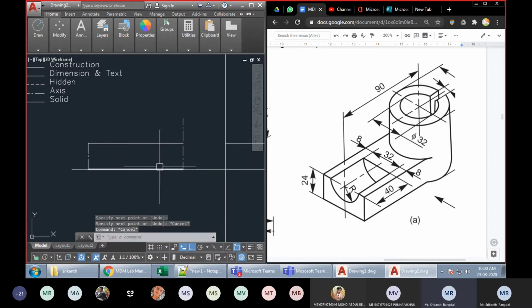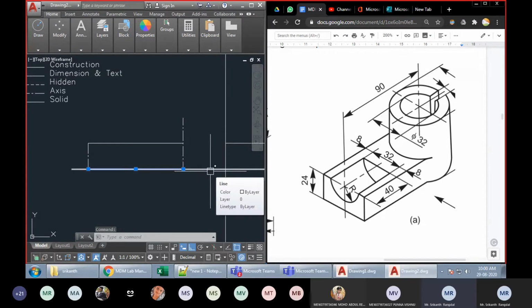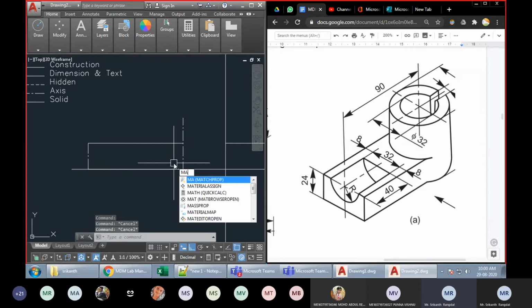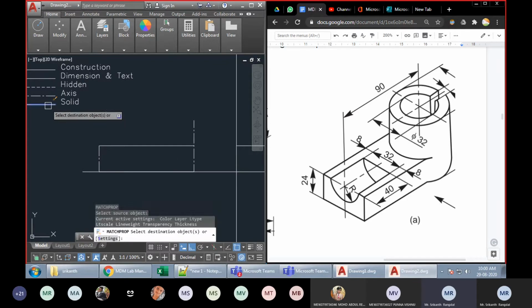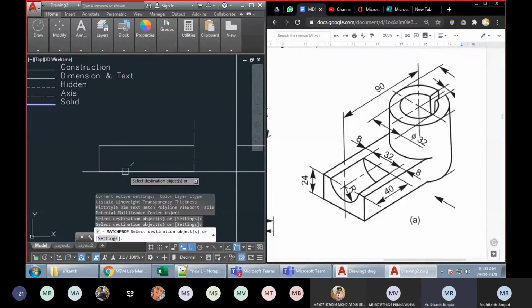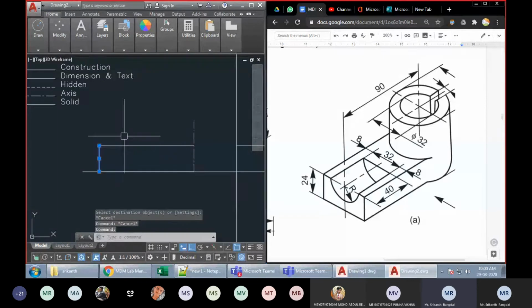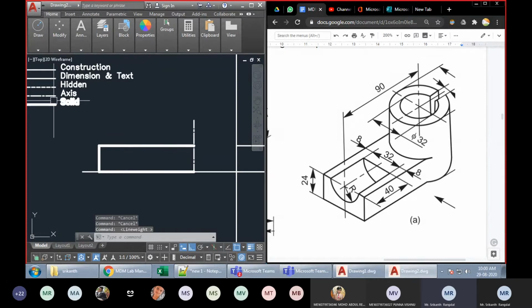Of course, it will be overlapping. You may be wondering why I'm drawing an overlapping line, because it is not visible. I'm drawing this so that it will be visible when we take a printout. When we print out, this line here should appear thicker when compared to the backside line. So what I will do now is match the properties again, MA enter. I want these lines to be solid lines. So I will take the solid line and transfer the properties to these lines. Right. Now these lines become solid. You cannot see the difference because right now the line weight is off. When I turn on the line weight option from here, you can see that this line indeed is much thicker compared to the backside lines. So the same will reflect when we get a printout of it.